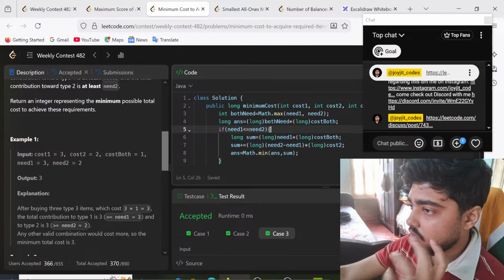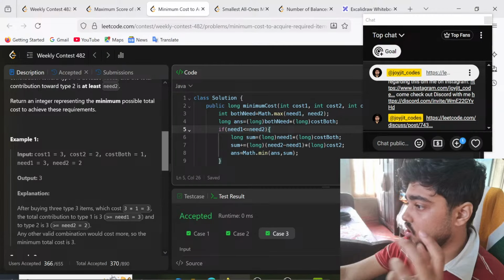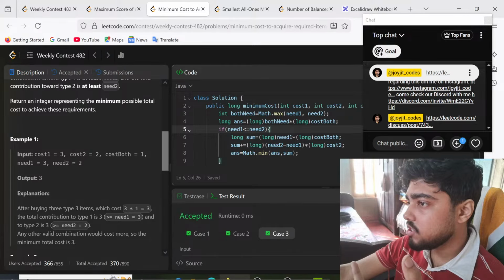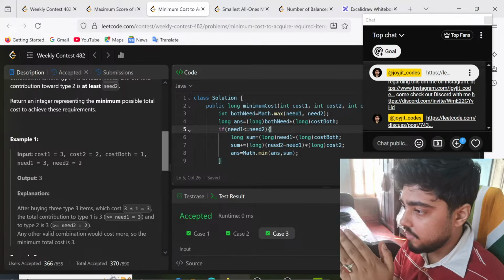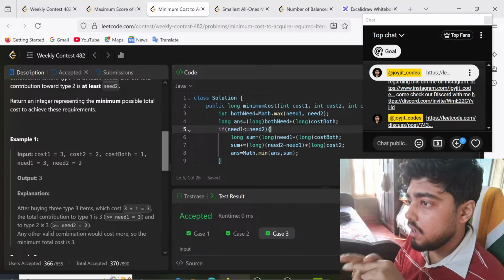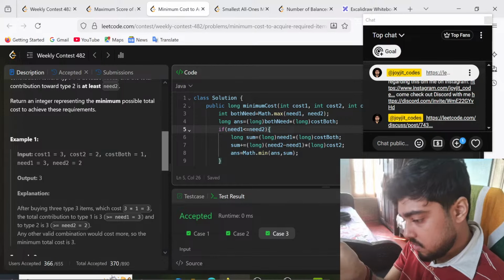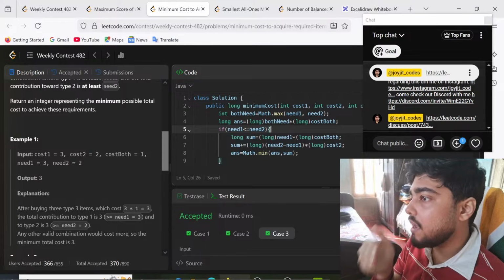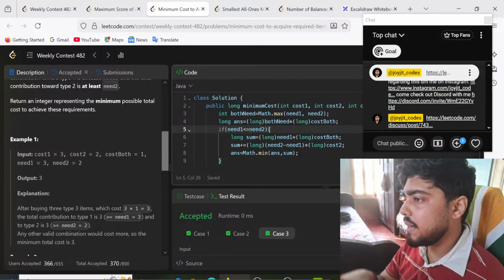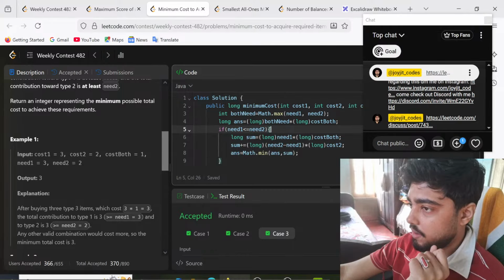Okay, this also fulfills our requirement. And then answer is equal to min of answer comma sum, that is, whichever is the best. Till now, first of all, we bought both of them, I mean, we bought the one which is going to satisfy both of them. Then we sacrificed. That is, okay, for need 1, for this minimum number, let me buy cost both. And then for the remaining need 2 minus need 1, let me buy cost 2. Okay. But there is a trick over here.